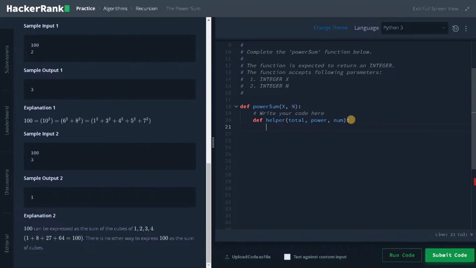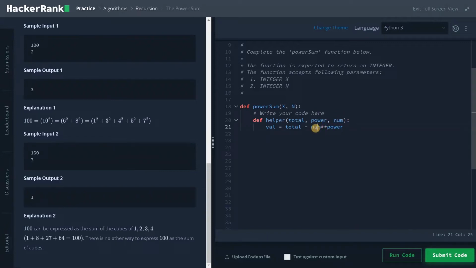Now here we are going to get a value. So value equals total minus num power. I'm just computing the power of this number. Using this double star, you can compute the power of this number.